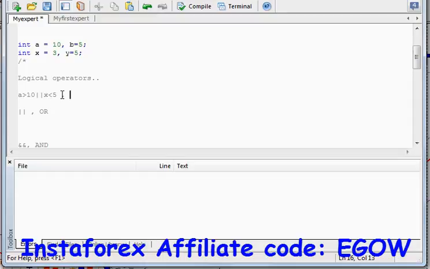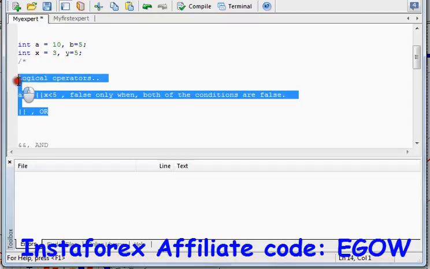Even if only one moving average was crossed, we want to place the order, and that's how it is used. It will return true even if only one condition is true, either this one or this one, or both. It will return false only when both of the conditions are false.